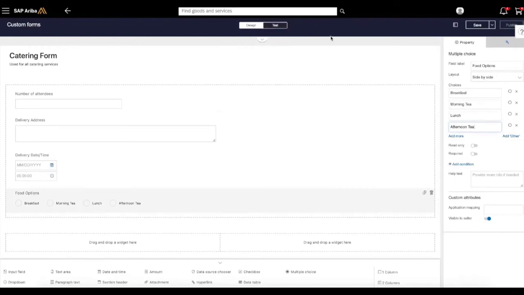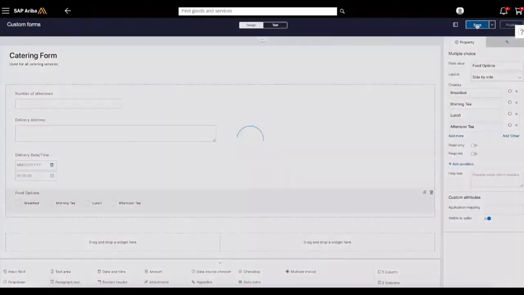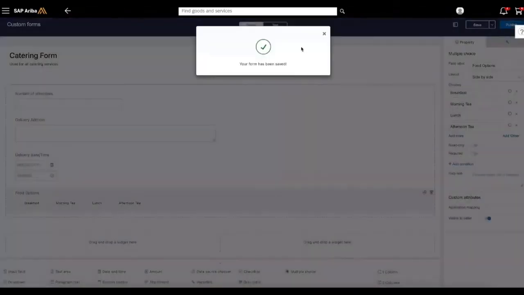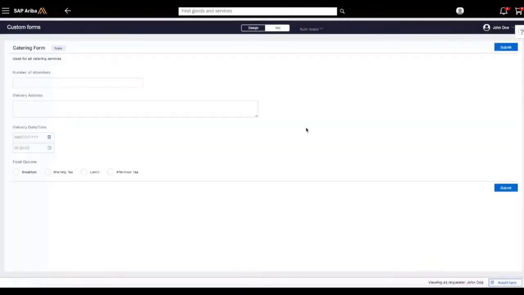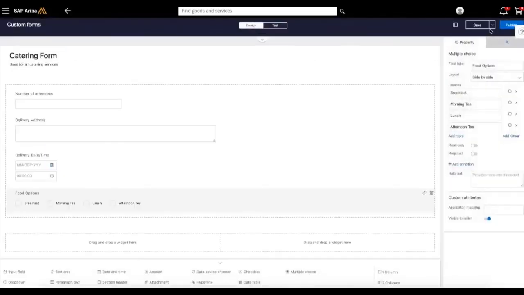So before publishing any form, we suggest that you test it. So if you go on the test section here, you need to save it first, but you can test the layout, just the way it operates in general. So this is how it looks like for an end user, and once you're happy, you can submit it and so forth. So if we go back to the design here, once we're happy, we're going to go ahead and